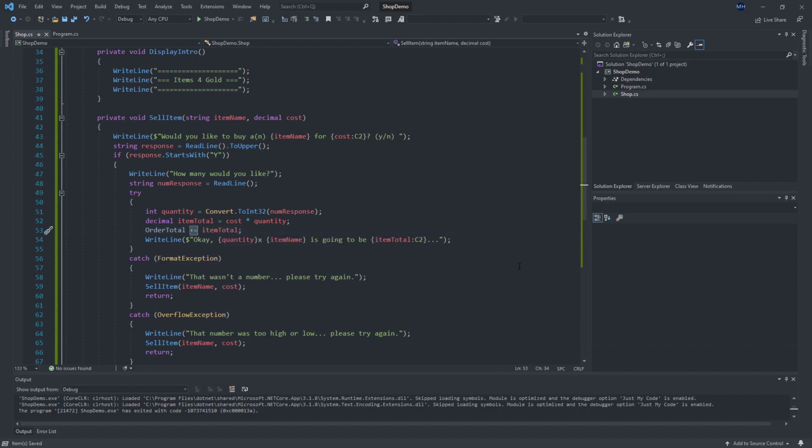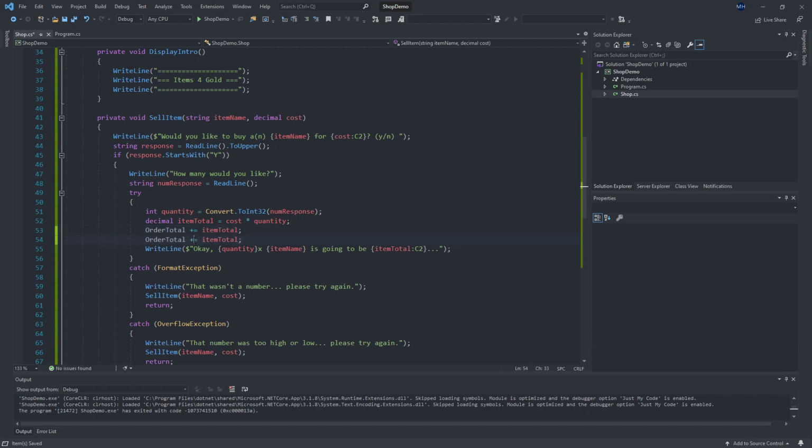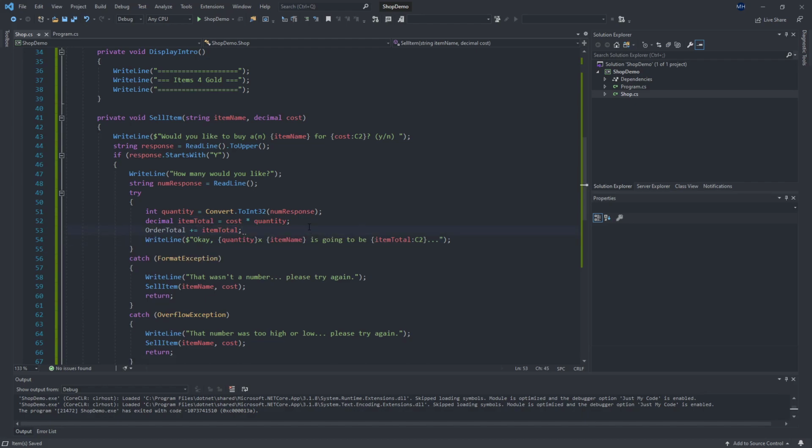So this is the increment assignment operator, which takes this number and adds it to order total. We've seen this before. It's the same thing as if I wrote something more verbose, like saying this is equal to order total plus the item total. These two are equivalent, so I'm going to use the shorter syntax here. And if we run it,